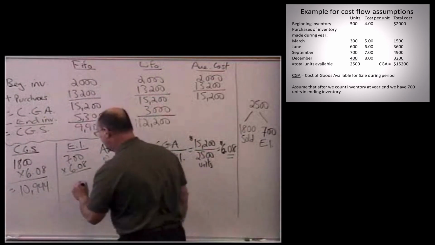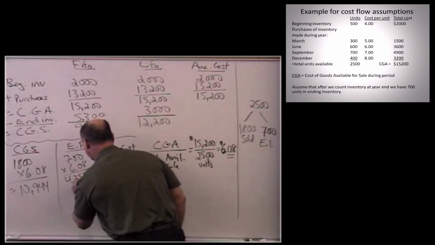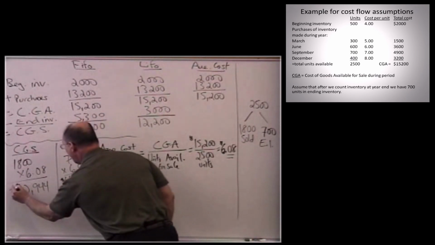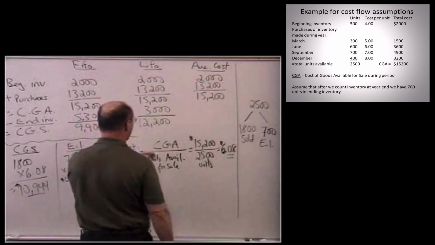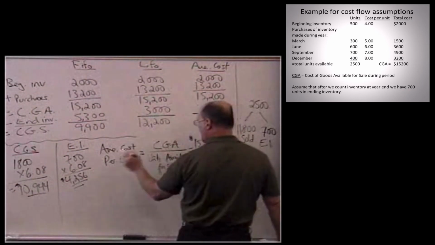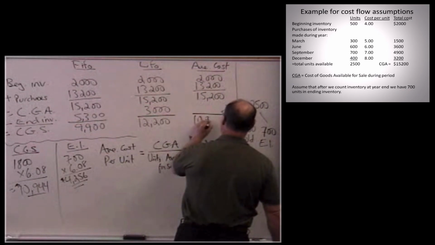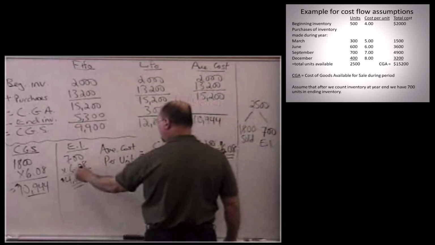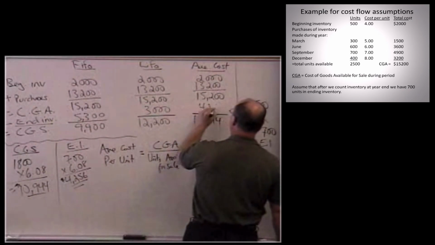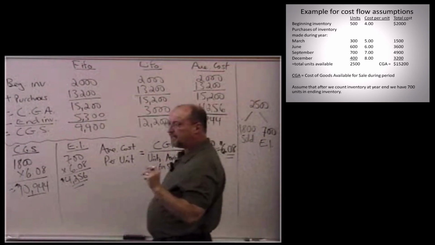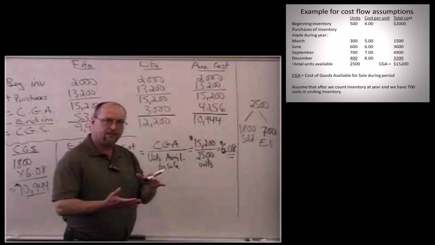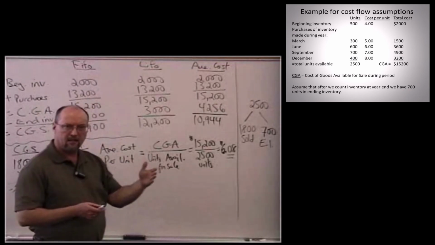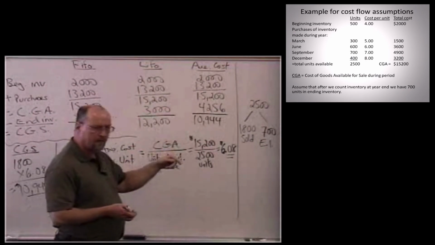4,256. Okay, and so let's plug them into our formula here. Cost of goods sold, 10,944, and ending inventory, 4,256. And recognize that if you have a rounding calculation, like for example, if 6.08 was really